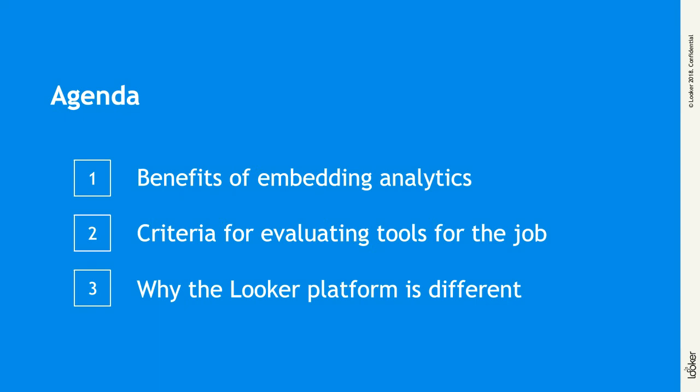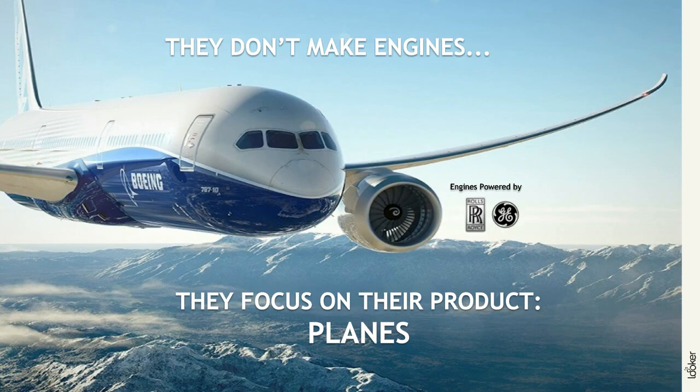Before we go any further, let's talk about Boeing for a second. They are a massive organization. They've been around for a long time, and they don't make engines. They focus on what their core product is, their planes. Their engines are made by best-in-breed engine makers like Rolls-Royce and General Electric. But just like Looker, just like you guys who are building products, they focus on their core product. And Looker is providing the engine for that. So as you can see,